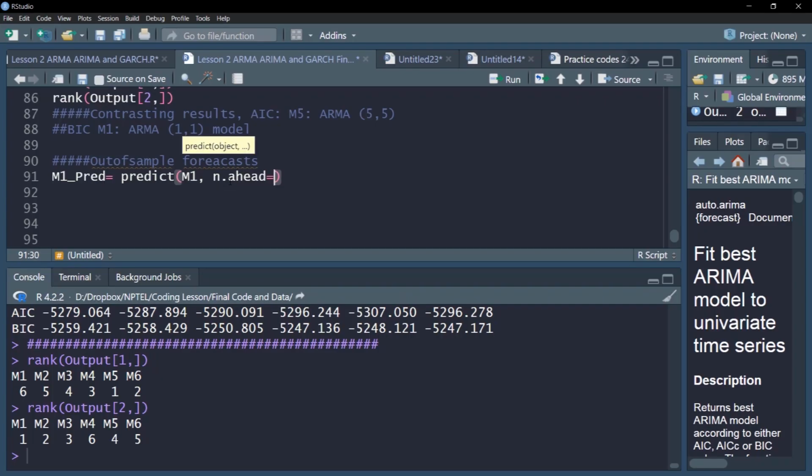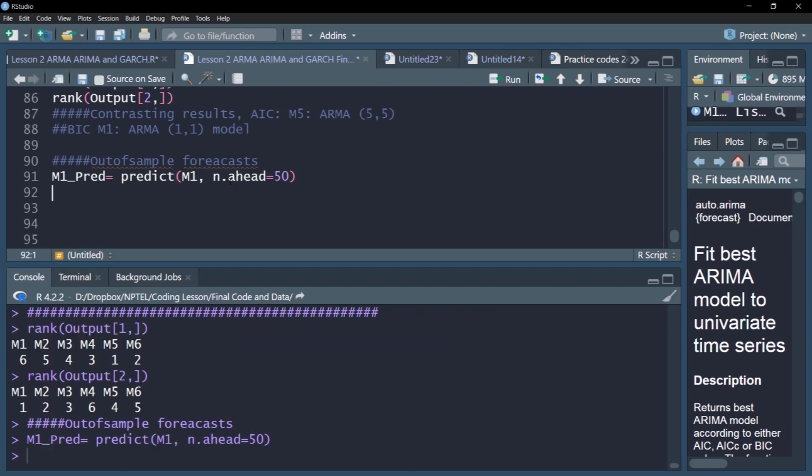Now, this is a critical choice. What period or what length you want to predict? A very small period would result in very few observations where you cannot very effectively test the performance of your model. In contrast, if you choose very large number of observations, then after a certain point, your forecast will become meaningless because no new information is added. So I feel that 50 steps ahead forecast is a reasonable compromise, a reasonable trade-off between synchronicity and accuracy. So a period that is not too small, neither too large, and effective to judge the model.